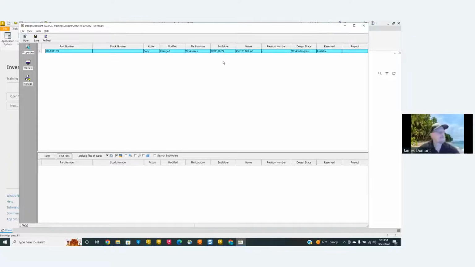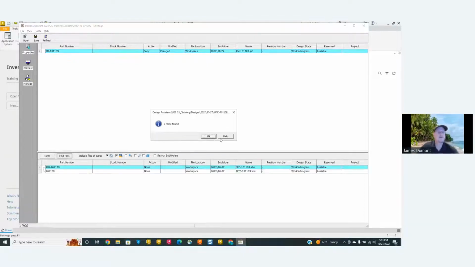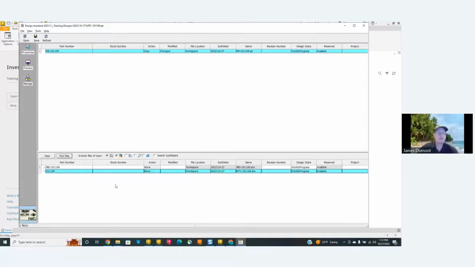But what about the drawing? The drawing does not go along for the ride. That's what this secondary search is for. I have to find files in here. So I'm going to find files that are in this area right here. I need to know if there's any IPNs, IDWs, DWGs, maybe some derived parts, and I want them to act accordingly. So I'm going to, actually, I just want the IDWs. Find files. Let me clear that.